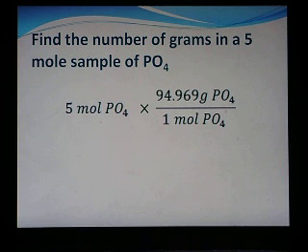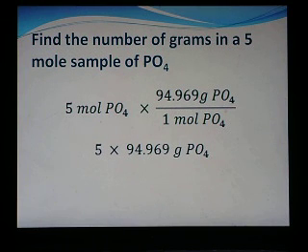which is moles. So you take the number of grams in PO4, which is 94.969, and put it over 1 mole of PO4. So you have a conversion factor of 94.969 grams of PO4 over 1 mole of PO4. Then, like before, you treat it like you're multiplying a fraction. The conversion factor cancels out the moles measurement, and you're left with